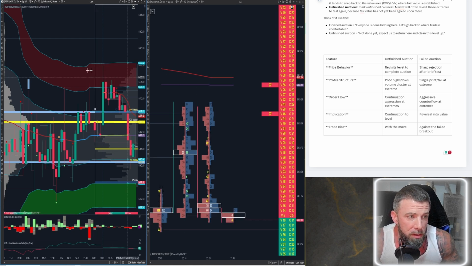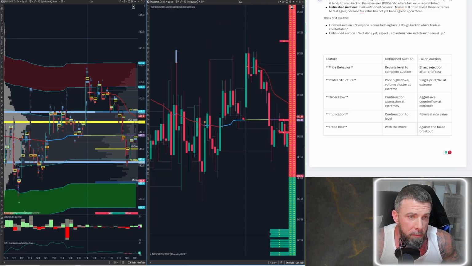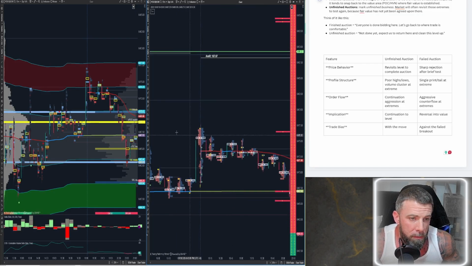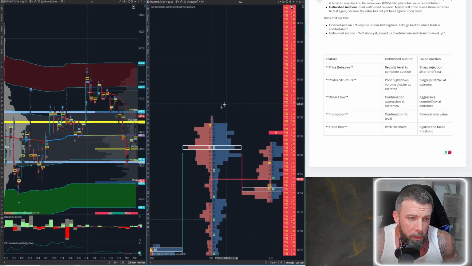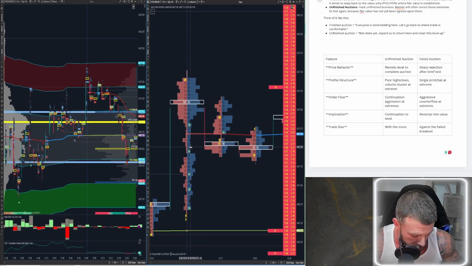So what you can do is zoom in. You go to the footprint, try to match it up. It's right here. And when we look closely, there's no real volume at the extremes. We see high volume trading up at the extreme, which means that there was absorption, right? Because if there was high volume, that means that the buyers that were aggressive on this whole candle, this entire candle,